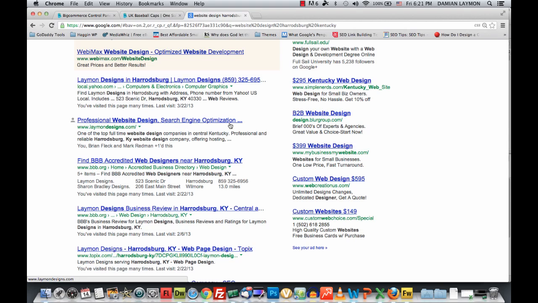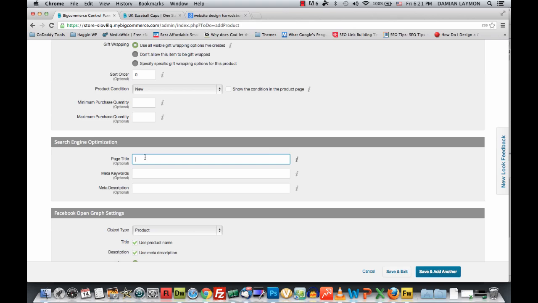All right. You want to make sure to keep your page titles less than about 75 characters, because search engines will basically ignore anything after 75 characters of your page title. But notice how the page title is important, because that's what the user sees. It grabs their attention. It's actually what they click on as well. In addition to that, search engines expect to see the phrase that you're trying to optimize for within your page title. So if we come back into our control panel and let's put a